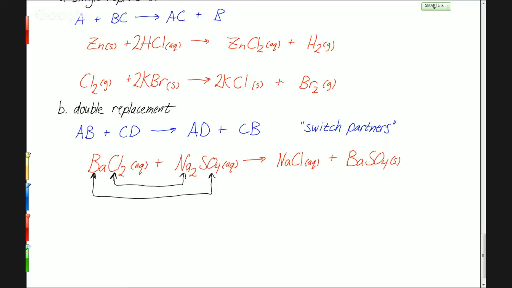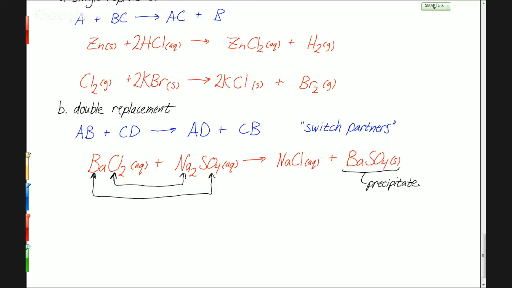And the thing that causes these reactions to happen is usually the formation of a precipitate. Can we switch first body SH2 and then SO4 and then? Yeah, it doesn't matter which order you write them in. Somebody said NaCl first, so I wrote that one first. It doesn't matter. How you know whether or not a precipitate is formed is a different question that we'll get